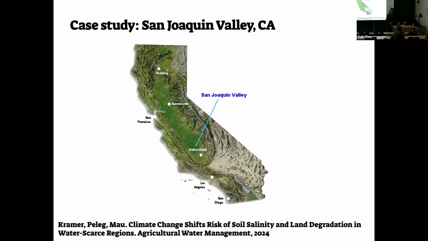And we chose this region. In another paper, our case study was Israel, because we're from there, and the climatic conditions are pretty similar. We chose this as the best case scenario for drylands, because this is a rich region, super important for agriculture, and we want to study what we think will happen there in the future, and that's the best case scenario. That's the ceiling.